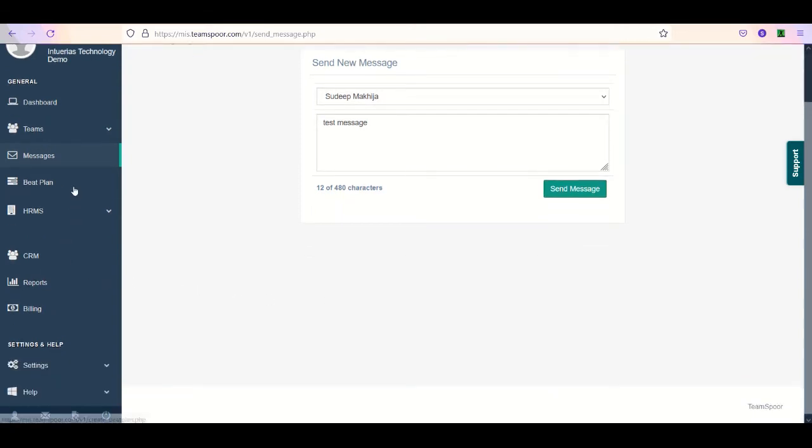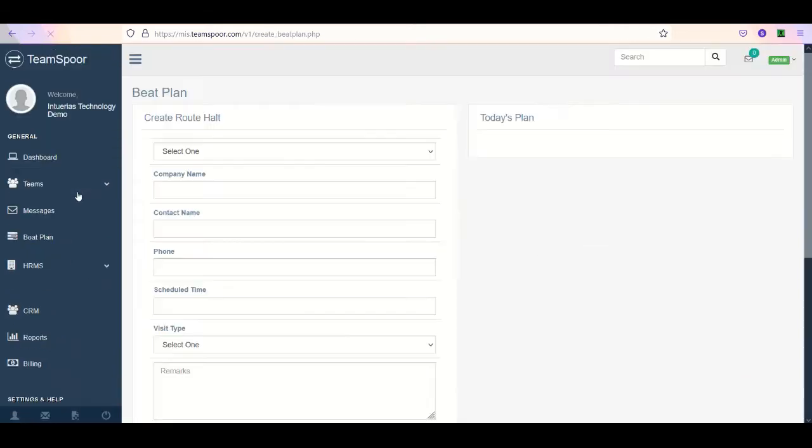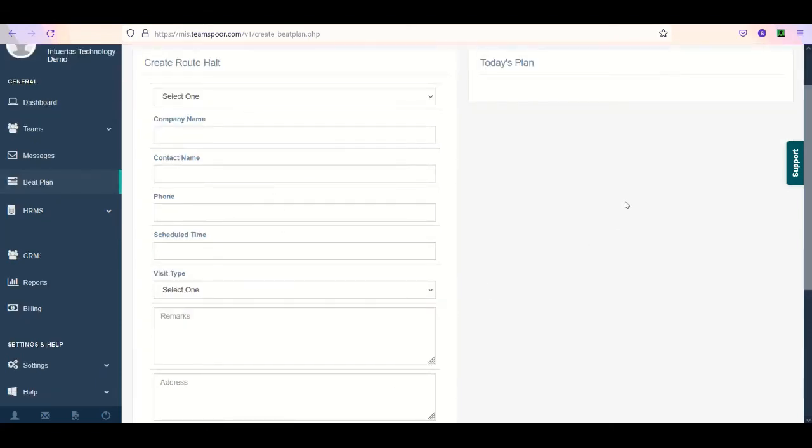Now next is beat plan. Beat plan is something where, suppose you as a manager or as an admin want to make a schedule for tomorrow or for a following date, you can create the beat plan from here. To send a beat plan to your executive, you just need to select the name of the executive, company name,